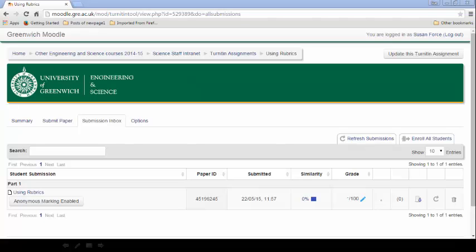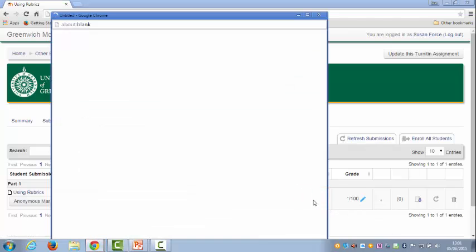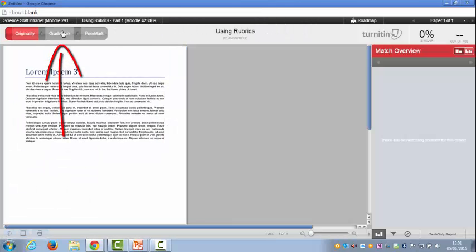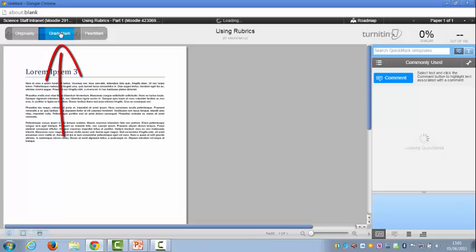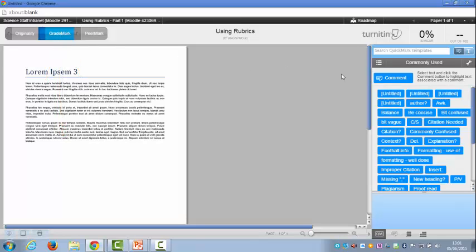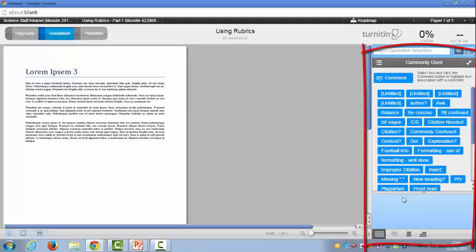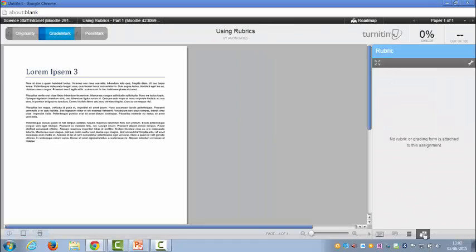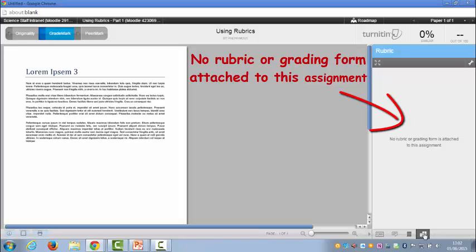This is the Turnitin submission inbox. So I'll open the document viewer by hitting the blue square. Maximize the size of the screen and go to the grade mark view, which defaults to the quick mark set. If I open the rubric screen down here, you can see that there is no rubric or grading form attached